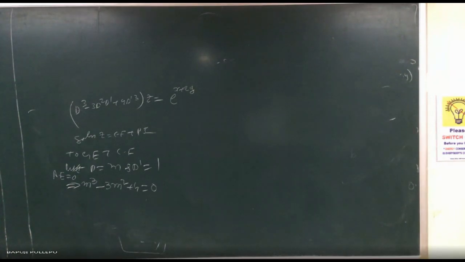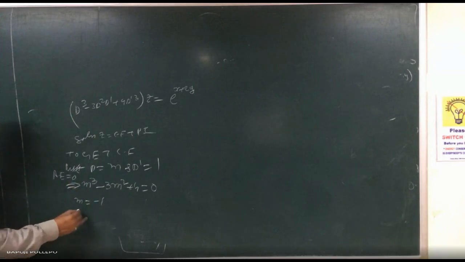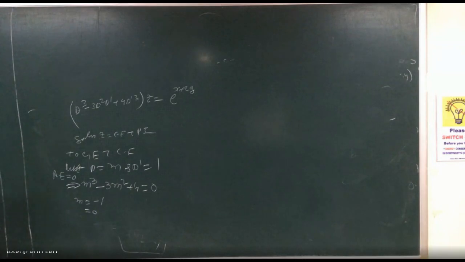You know or not? You have an idea or not? Already matrices you have done, you know eigenvalues. So is m is equal to 1 satisfying? No. M is equal to minus 1 is satisfying, no? Yes. So if you put m is equal to minus 1, what is this? 0. So from this what you understand? M is equal to minus 1 is 1 root.